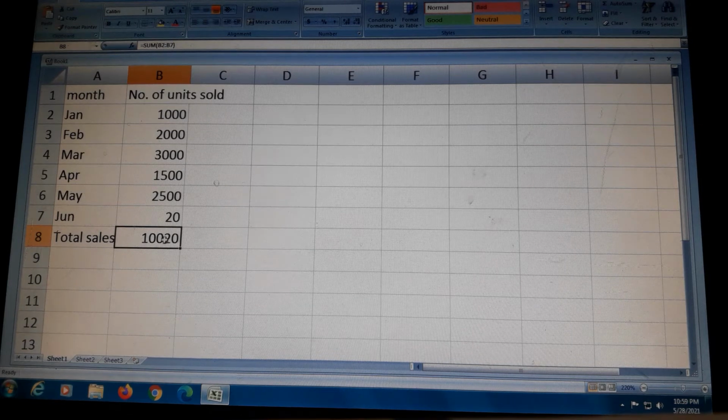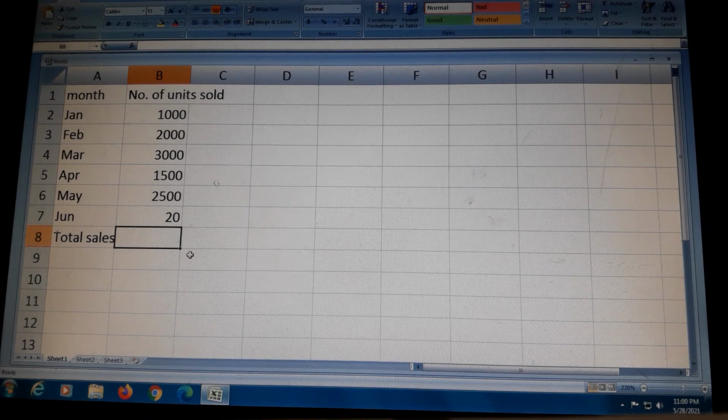In this cell we applied SUM from B2 to B7. It means this is a range from B2 to B7. This is our B2, and this is our B7. And here is SUM B2 to B7, and the sum displays here. This is the first method.